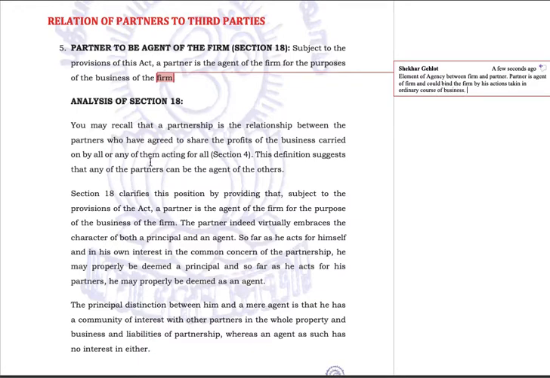You may recall that a partnership is the relationship between the partners who have agreed to share the profits of the business carried on by all or any one of them acting. Section 4. This definition suggests that any of the partners can be the agent of the others. Section 18 clarifies this position by providing that, subject to the provisions of the Act, a partner is the agent of the firm for the purpose of the business of the firm. Okay, that means